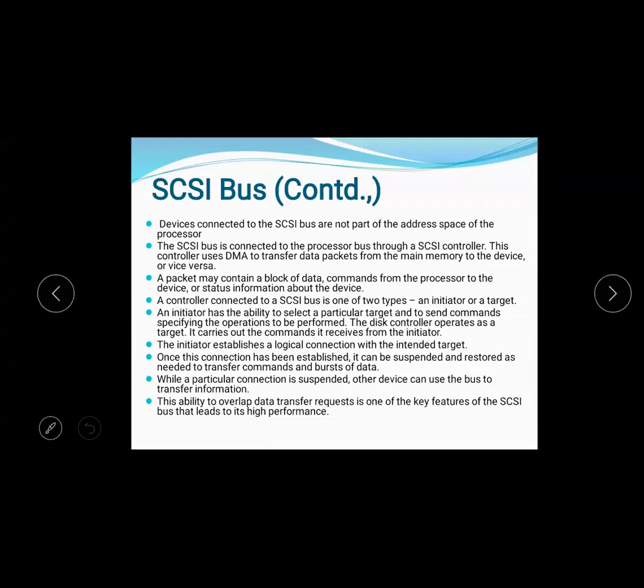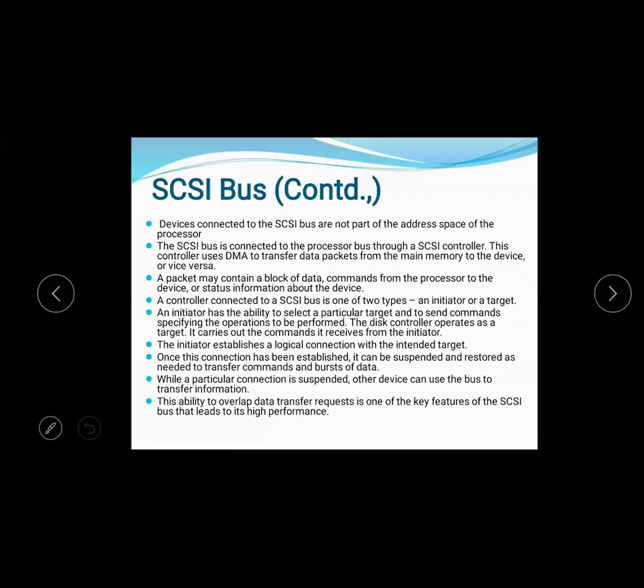The SCSI bus is connected to the processor bus through the SCSI controller. This controller uses DMA to transfer data packets from the main memory to the device. It has direct memory access capability, without the intervention of the processor. A SCSI bus packet may contain a block of data, commands from the processor to the device, and status information about the device.